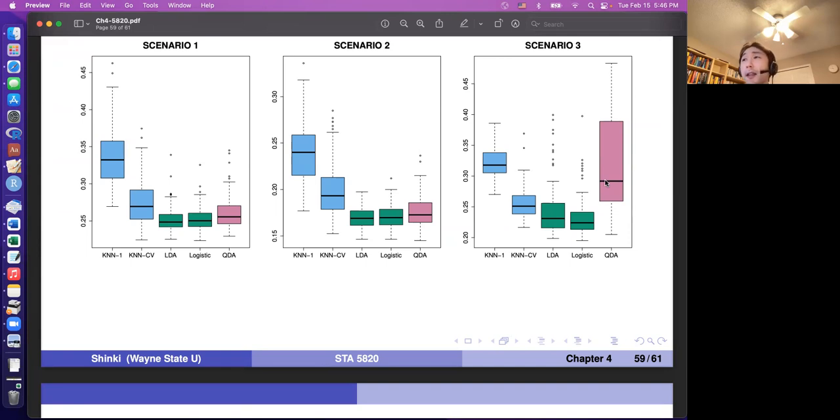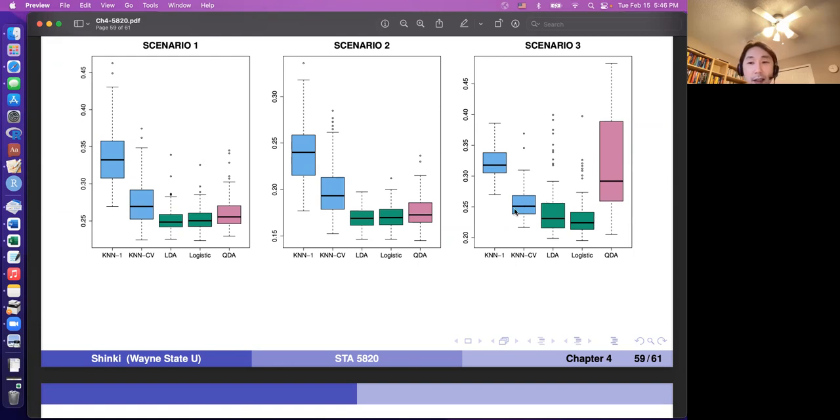Especially if the estimation doesn't work well, but we have too many parameters, we have a lot of trouble in estimation. So that's why QDA performs worse than LDA. And KNN's performance is similar for here, here, and here. Not fantastic, but